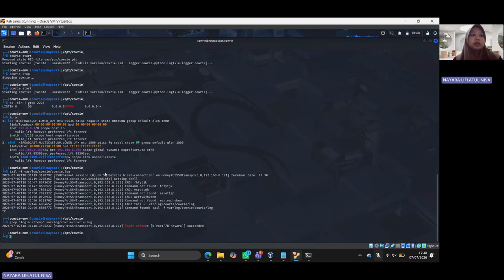Then I used the grep command to search for login attempts. The output confirmed that the login attempt was successfully recorded, including the username used during the session. This demonstrates that Cowrie can capture and log attacker activities, making it useful for monitoring and analyzing potential security threats.